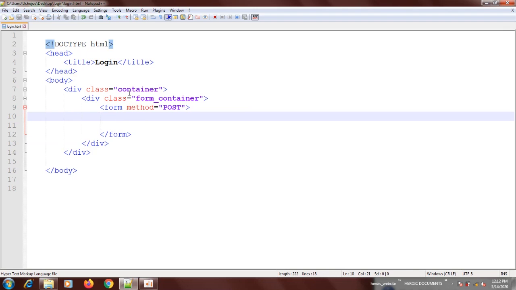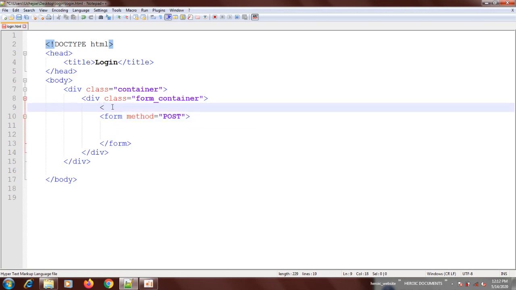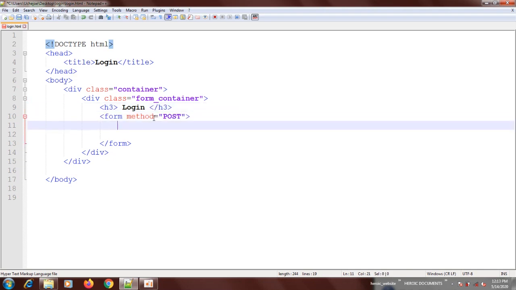This is going to have a header. Let me just use an H3. Let me use just a simple header first. Do I put H3 outside the form? Let me put it outside the form. Say H3. You say login, then H3, close the login. Beautiful. Then inside the login form now,